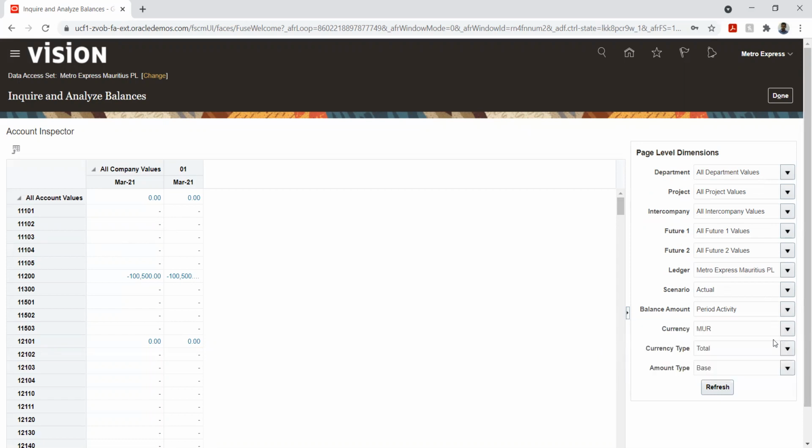Let's say I have a foreign currency transaction also involved in it. In this case, I'll run revaluation and the other things. We will see revaluation in the coming sessions. But for now, it is just to identify the transactions for a particular currency, if there is a requirement. That is also possible using this option. We will just select the currency and say refresh, and the balances will be refreshed. Okay. Similarly, we have the base amount. So these are the options that we have to inquire our balances for any given account.